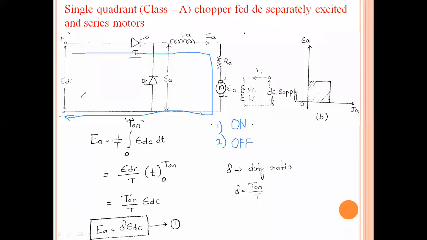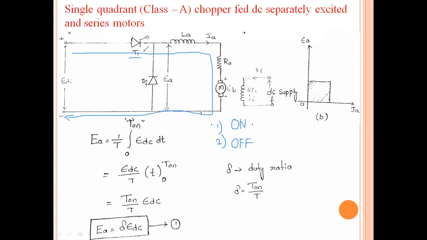See, this is a chopper circuit. Choppers means it will take a DC as the input and give DC as the output. But the output DC can be regulated. So choppers are DC to DC converters with the regulated supply. Okay, so on the input side we are having a DC, and on the output side a DC motor is acting as a load. So this chopper circuit will regulate the input DC supply and feed this motor.